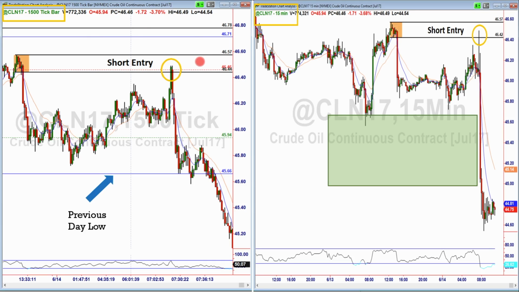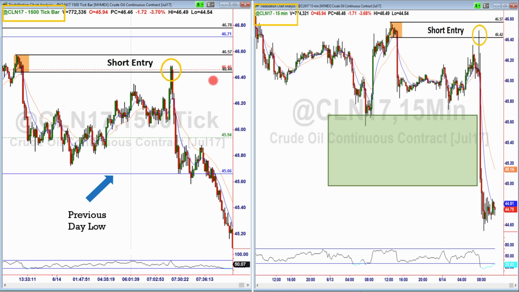So that's the basics of what we're looking for in this short setup. Now to get a little more advanced, we're looking at what the profit targets are. Profit targets, again, are something that you set on yourself based on your rules, account size, trading plan, etc. But you want to have at least a 2-to-1, 3-to-1 risk to reward